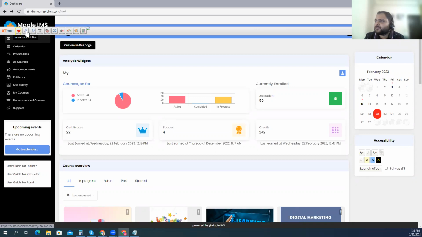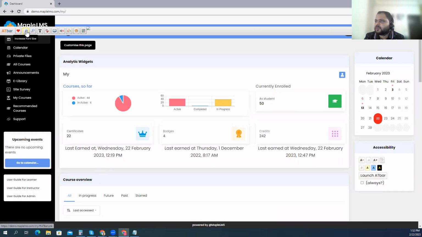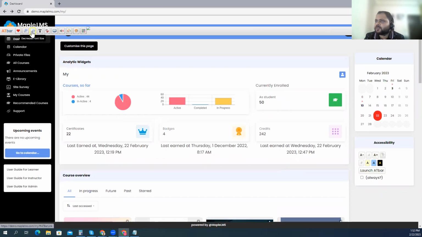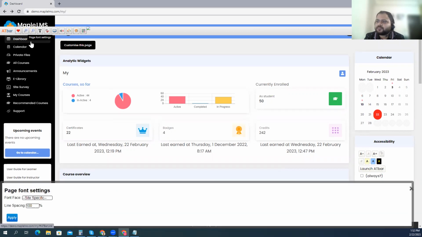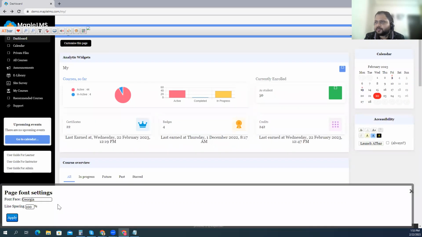Firstly, similar options that we looked at, the basic ones being increasing the font size or decreasing the font size, as well as if we look at page font settings. Now, this setting will allow your end user to select a font of their choice. So let's say if we go with Georgia and hit apply, that would change the entire font on the platform.